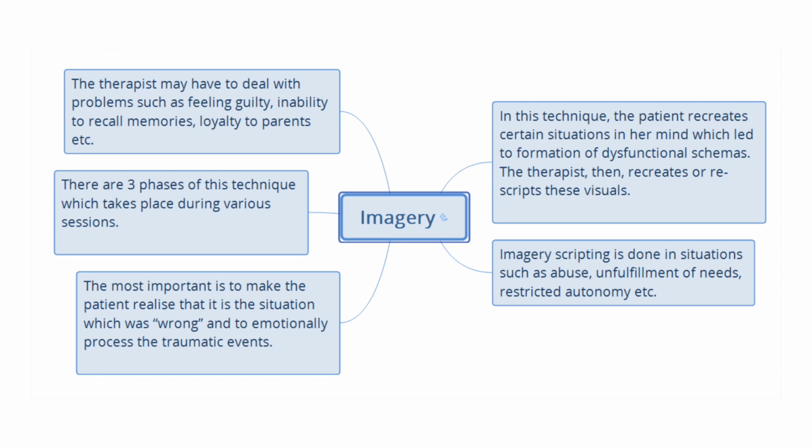In many cases, the patient has already concluded that everything was her fault and her parent had the right to be angry with her or mistreat her because she was a dumb or bad child. By rescripting the situation, the patient becomes aware that she was not wrong and she did not deserve the mistreatment, but rather she was a small child who was in need of care and that her parents did not do things that a normal parent would simply do.